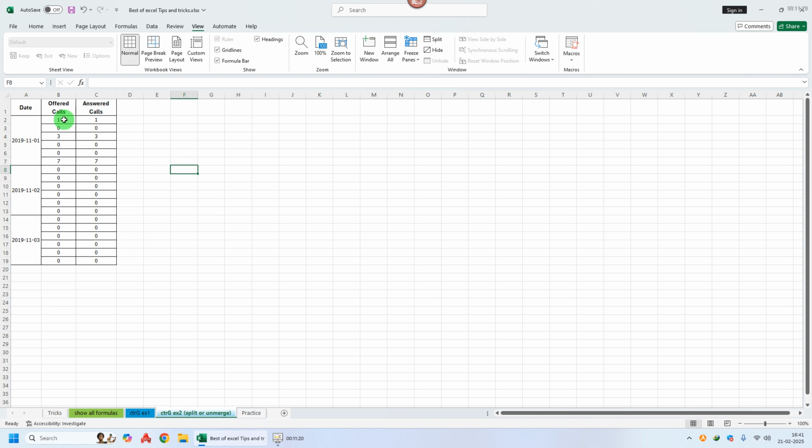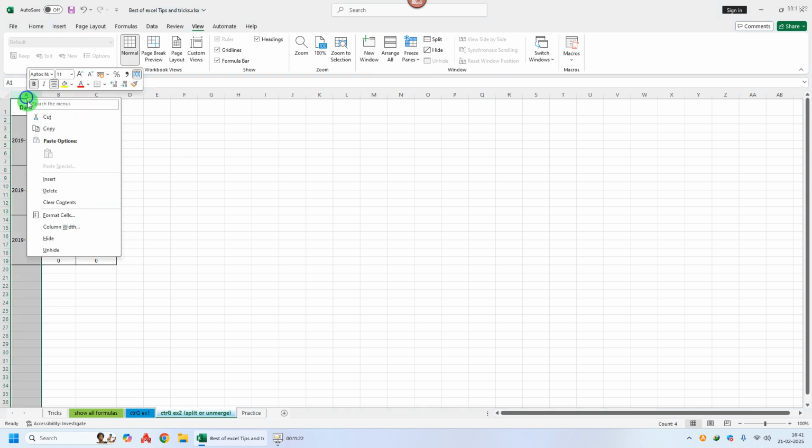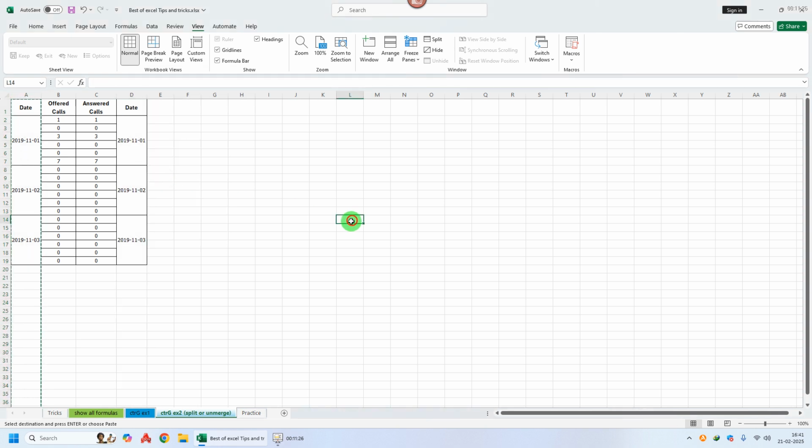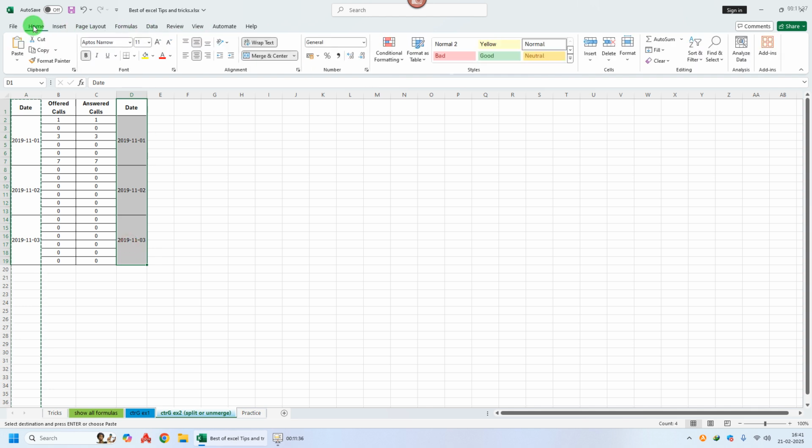So I can simply copy this data, bring it to a new column. Now select these cells and unmerge by going to Merge and Center. Now these cells will be unmerged and only in the first cell